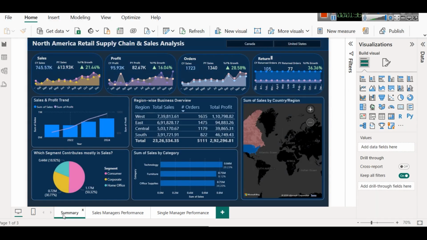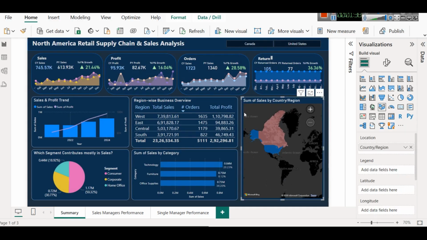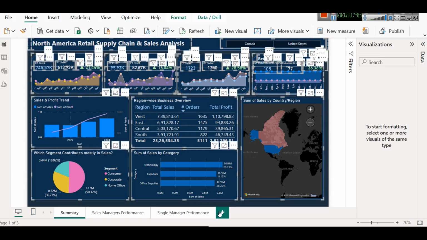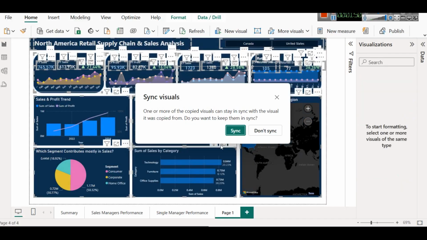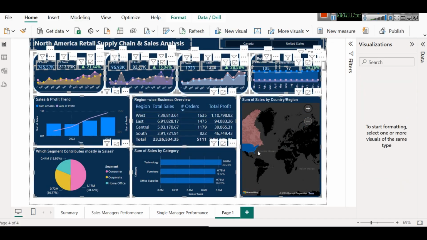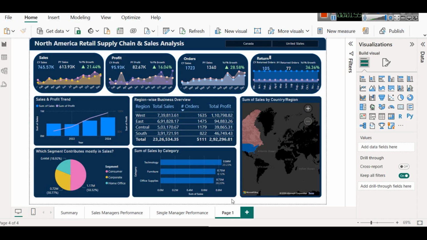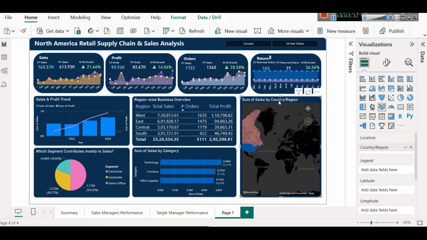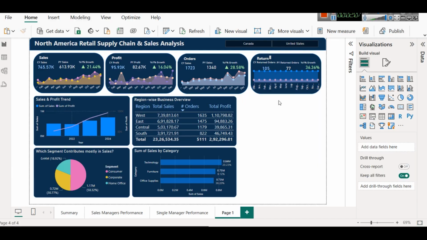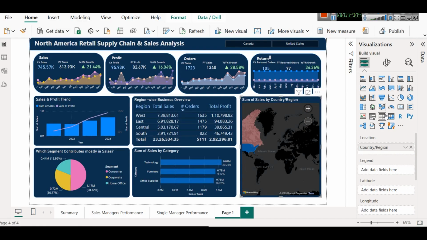If you haven't watched the first part, please go and watch it so that you can create this dashboard. What we can do is simply copy this and paste it, and don't sync. So it will copy the data, and now you can see we have no filters applied over here. Okay, so what if we simply remove this, and instead, we click on this and change it to